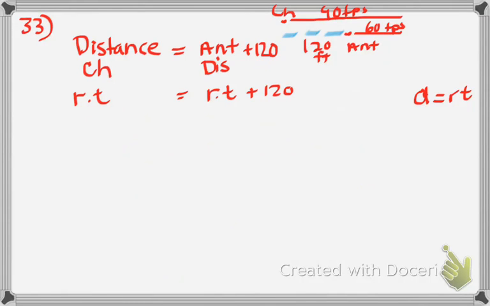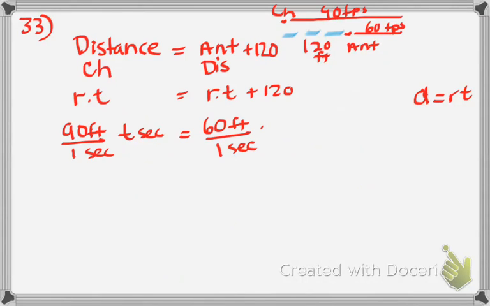I now substitute in. He's going 90 feet per 1 second, and this is for T seconds. And the other one's going 60 feet per 1 second times T seconds plus 120. So I can cancel my units of seconds. And really what I'm going to be left with is 90T